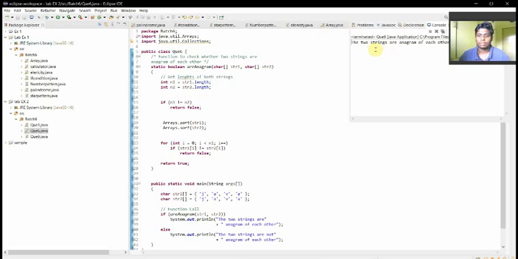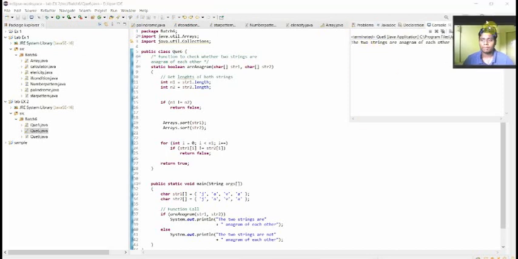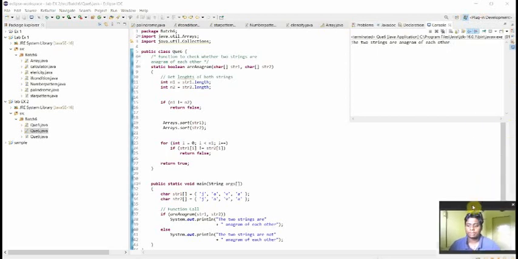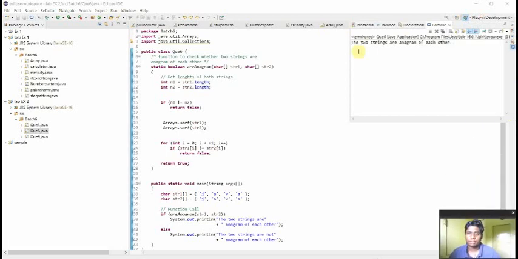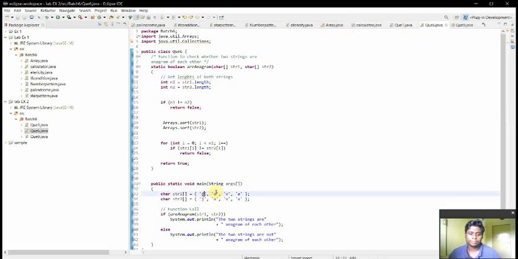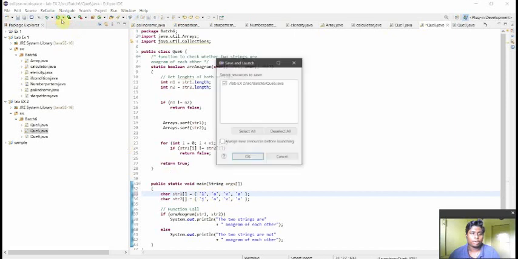Here you can see that the two strings are anagrams of each other. That means here both character strings are equal. Now I'm changing one letter, like L in the place of J. Now I'm going to execute it.